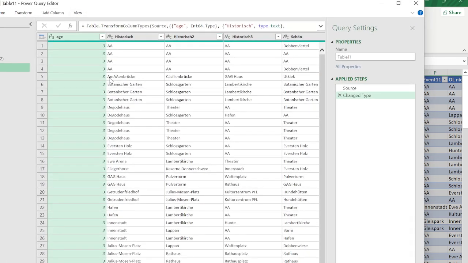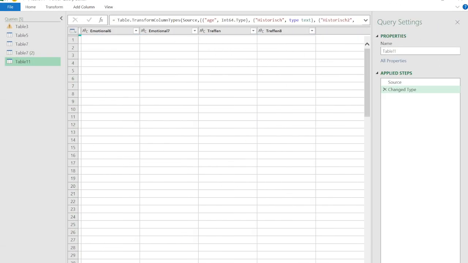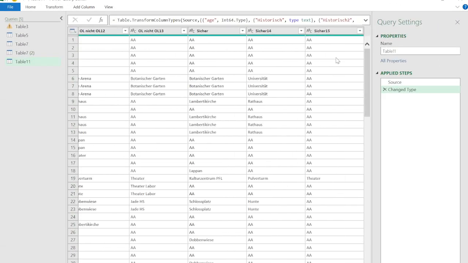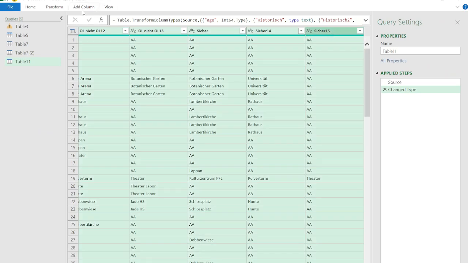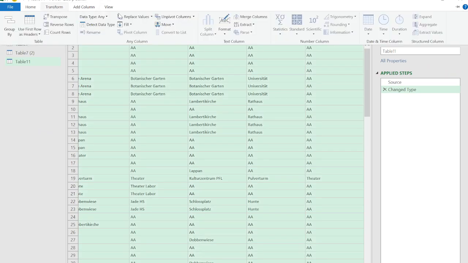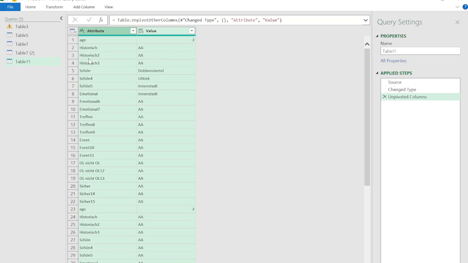From Power Query editor you can select all columns, and from transform, unpivot columns, you can sort all names